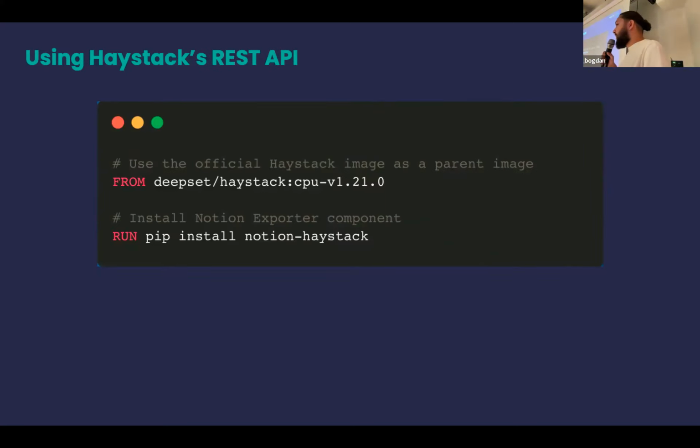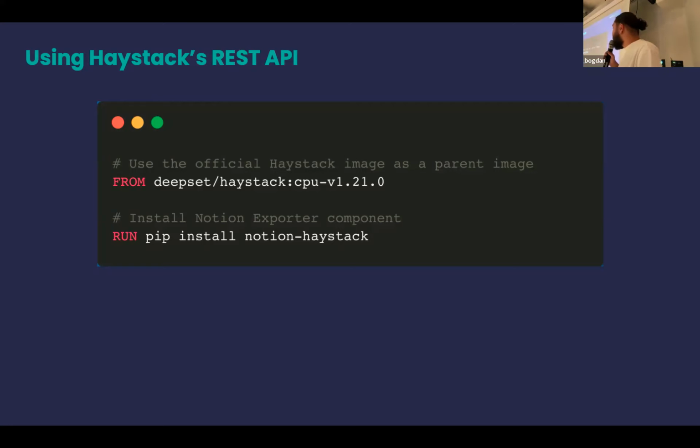I was just talking about deploying applications into production, and this is where Haystack's REST API comes into play. Here I show a Docker file of how to integrate this Notion exporter that I was just talking about into Haystack's official REST API image.